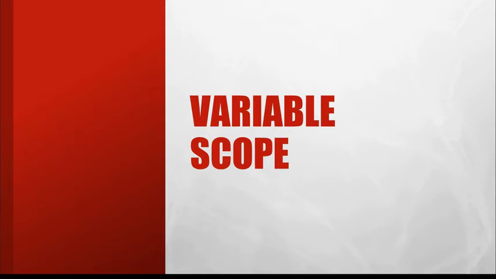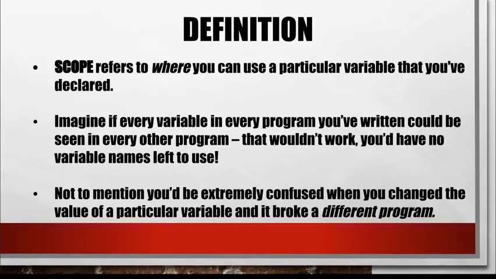Let's look at variable scope. What is scope? Scope refers to where you can use a particular variable that you've declared. Imagine if every variable in every program you've written could be seen in every other program. That wouldn't work. You'd have no variable names left to use. Not to mention, you'd be extremely confused when you changed the value of a particular variable and it broke a